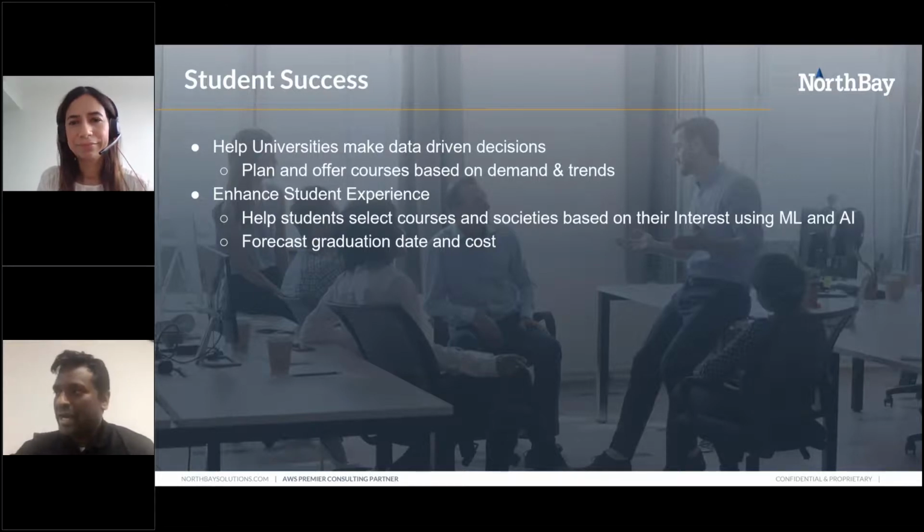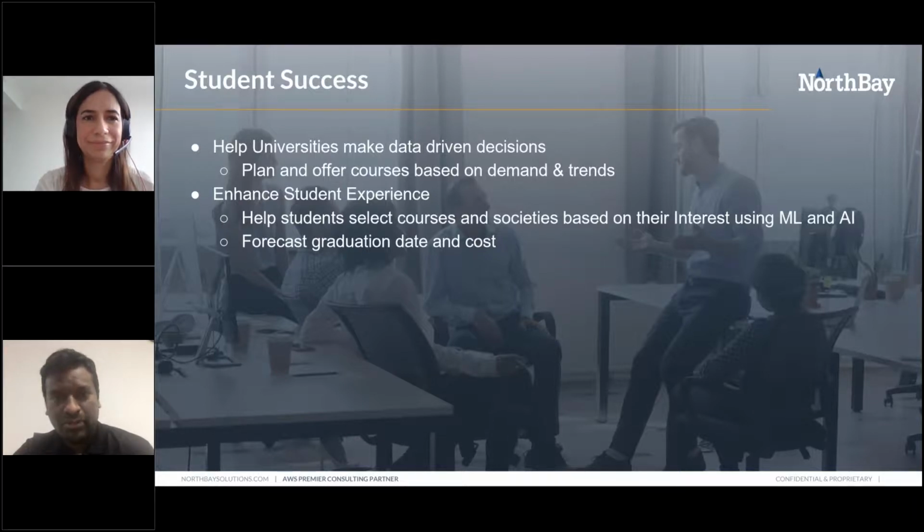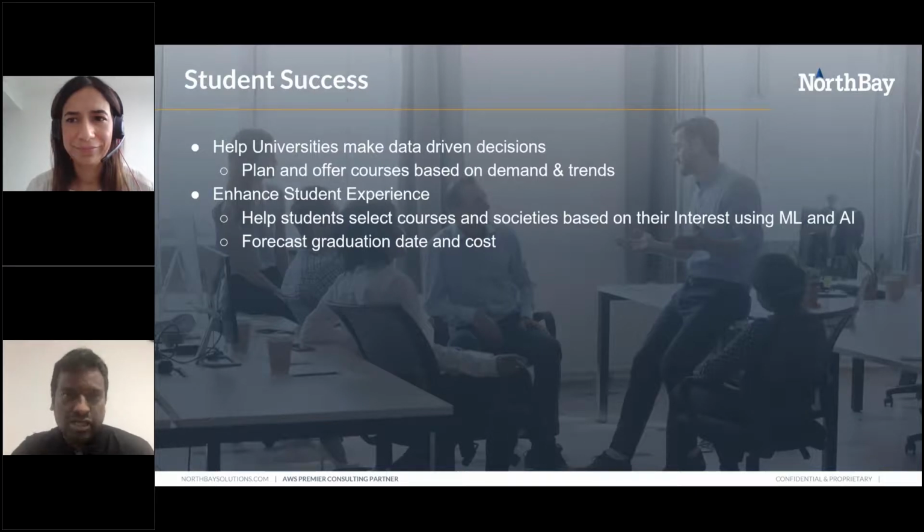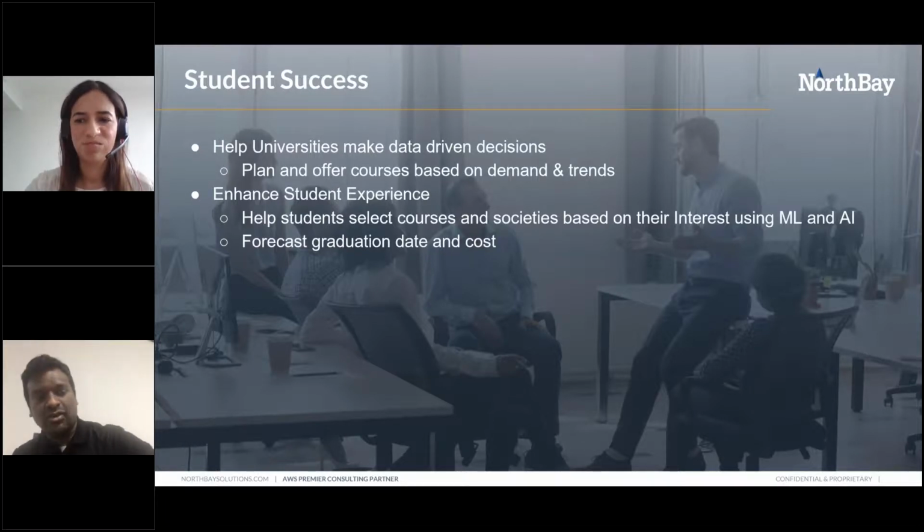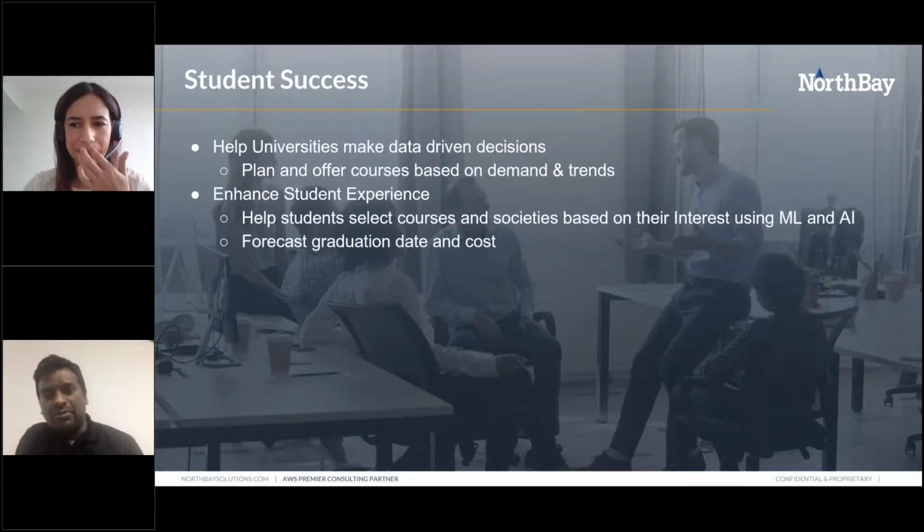Again, it all points back to one of the themes that I was mentioning, data. Data is the new oil. It's not specific to any vertical. Everywhere, as you can see, there is this collection of data and data-driven decisions, right? Based on whatever you're providing to students, are they utilizing the services that the university provides? Should the university make anything better so that there is more adoption of those services? You have all these groups, sessions, libraries, and facilities. How much is each being utilized? Is it something that you can enhance?